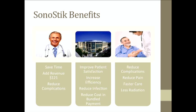It reduces complications. From the hospital's perspective, you can improve patient satisfaction because they're not struggling to get IVs in. You can use this equipment for even the non-difficult IV so that they're more comfortable. You increase efficiency, reduce infection rates using a probe cover more frequently, and you reduce the cost in a bundled payment system where you're only reimbursed for that one diagnosis or one disease. And so if you can decrease personnel time, decrease supplies time, you now have a larger margin in taking care